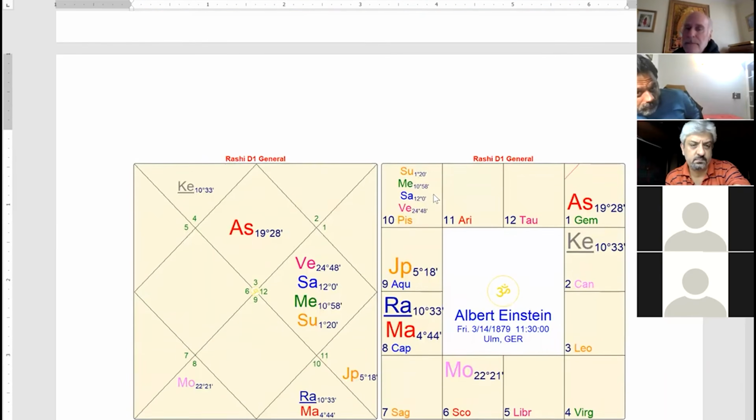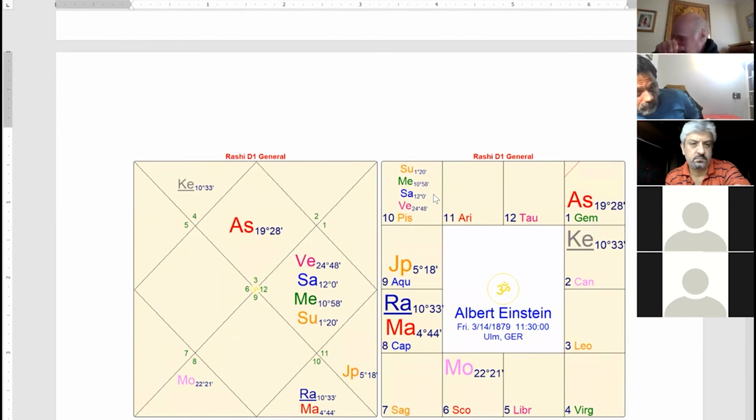And then Albert Einstein. Incredible chart, of course. Does anybody know, Rao spent a lot of time trying to determine which planets relate to which subjects. And one of his students, Naval Singh, faculty member of his, wrote a book called Planets in Education, very worthwhile read. All the information really comes from Rao. Gives a table that shows what grahas relate to which types of subjects.